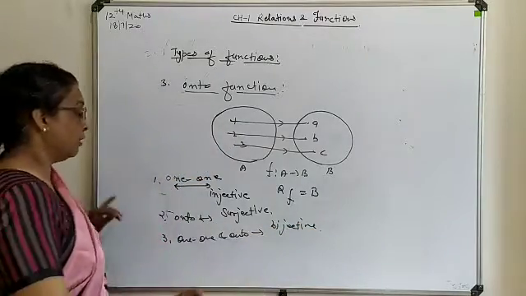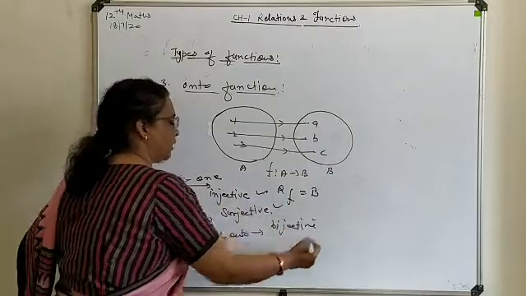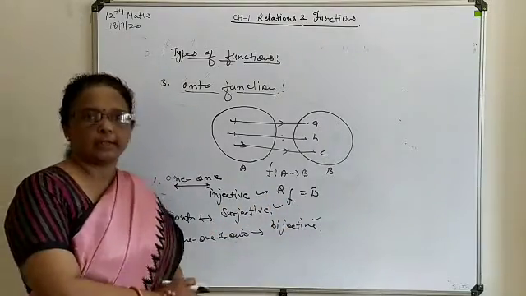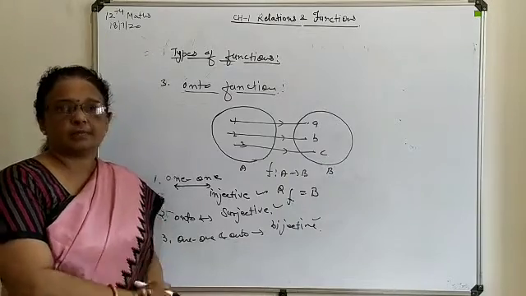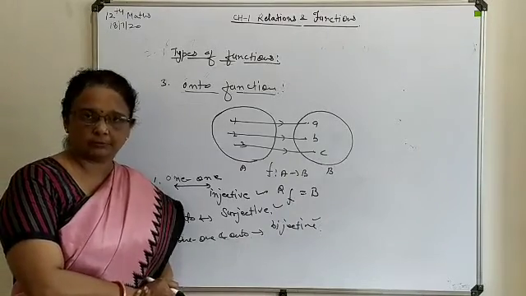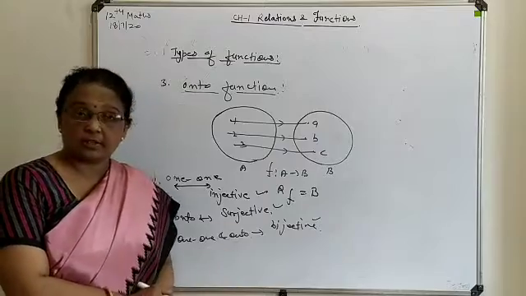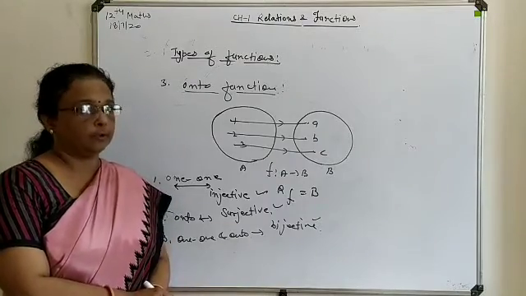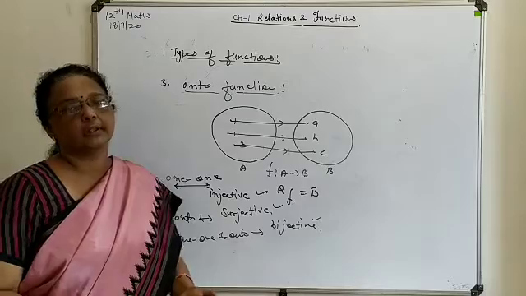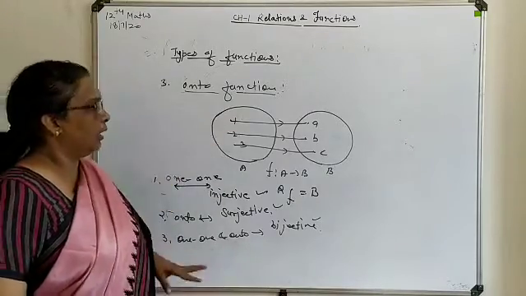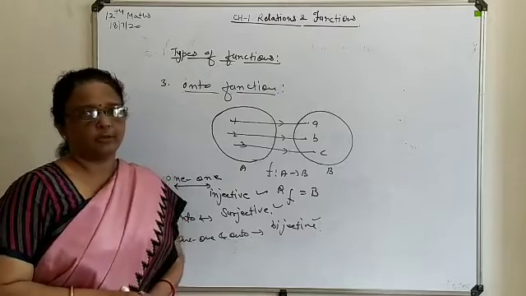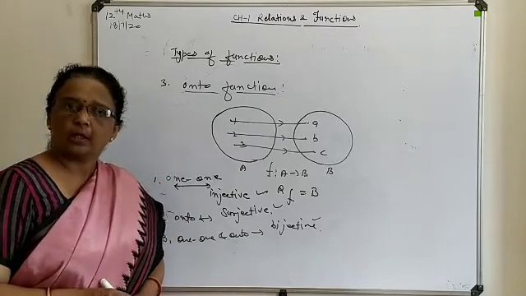So sometimes with reference to these names, it can be asked to check whether a function is injective, surjective or bijective. If injective is asked, you will talk about the one-one form. If surjective is asked, you will talk about the onto form. And if bijective, you have to discuss both cases. So this way, these types of functions are to be discussed based on your question.